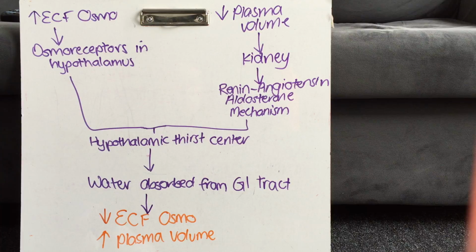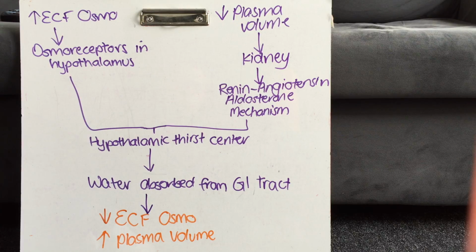To have a basic understanding of this mechanism, I think the diagram on the whiteboard there in front of you gives you a pretty good understanding of just the main players in the regulation of water. So just to briefly go over it again, the main players are the extracellular fluid osmolality and the plasma volume. The osmoreceptors in the hypothalamus will detect the extracellular fluid osmolality increase and stimulate the thirst centre,